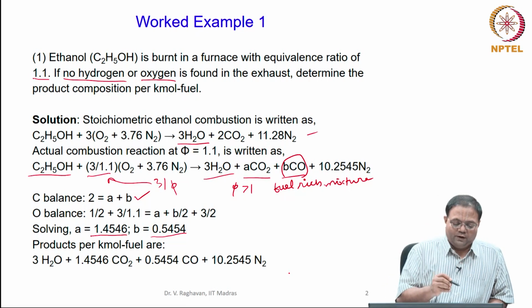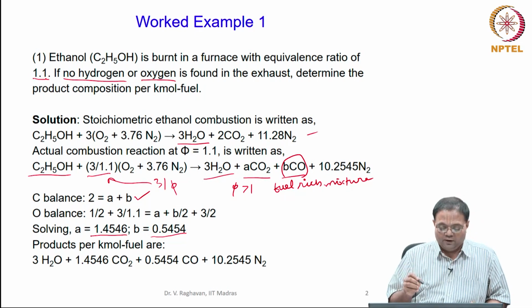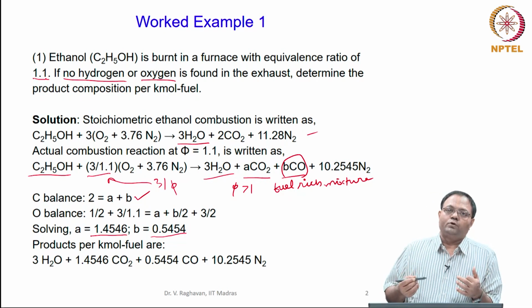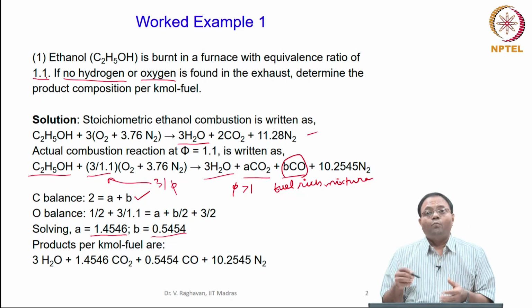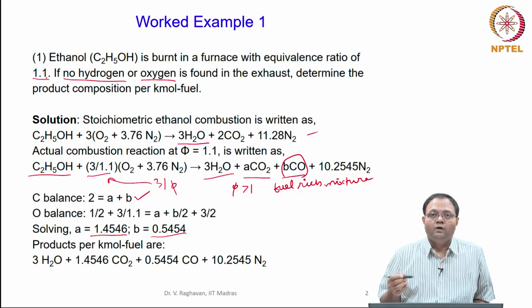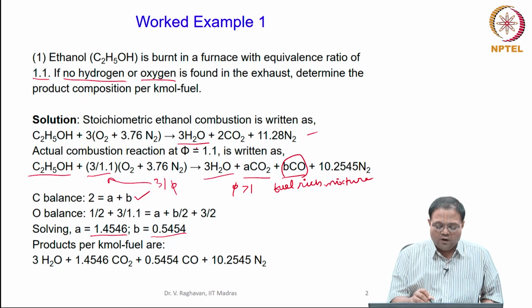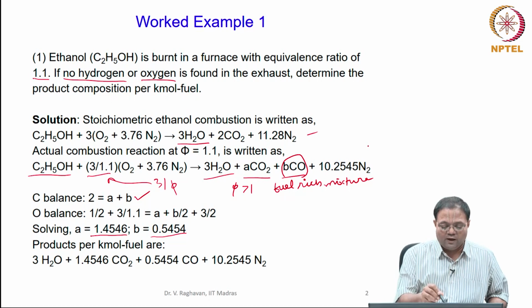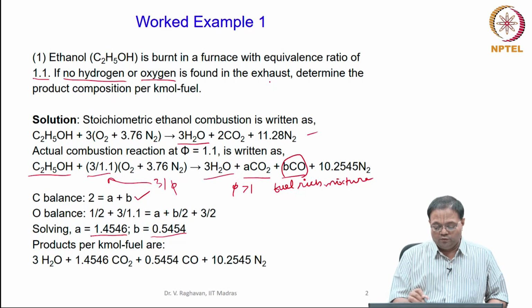Okay. So please understand here that if there is a rich combustion and some conditions are given, in general practice we can take that all the hydrogen is consumed. But for example, if this equivalence ratio is more than 1.1, say it is 1.5, then even hydrogen may not have enough oxygen to combust. In that case you will see hydrogen remaining in the product. So, for example, H2 will be there, and you have to include that also. But in this case, since the exhaust is measured and it has no hydrogen or oxygen, you can write like this.